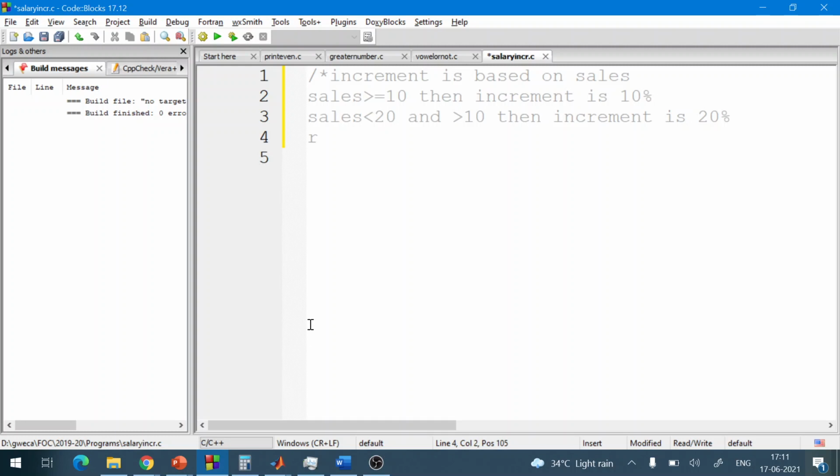Else, if sales is less than 10, then no increment,